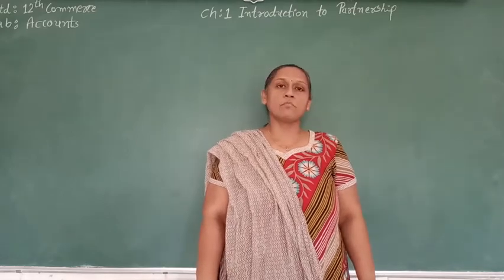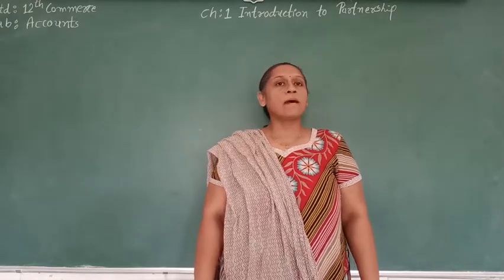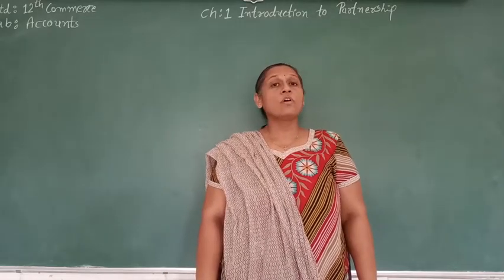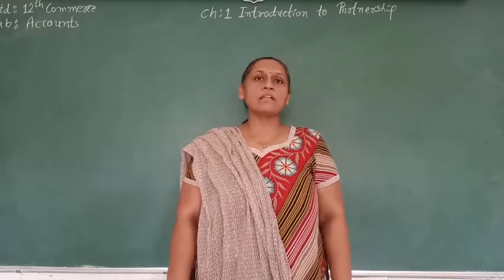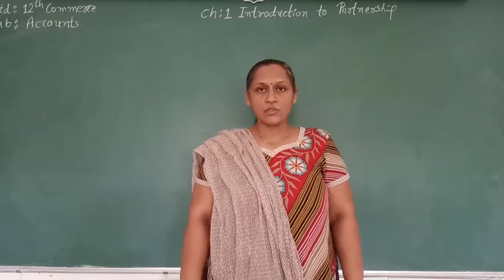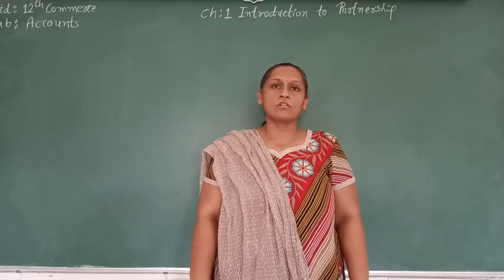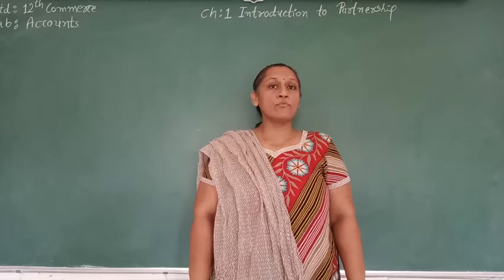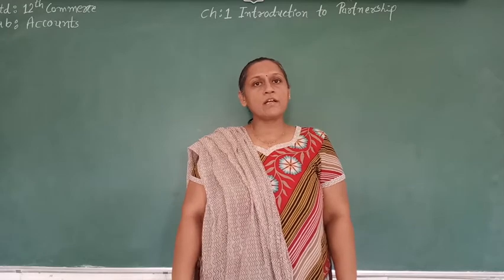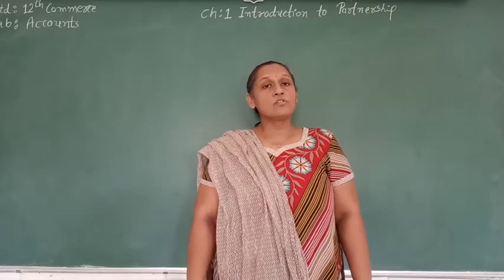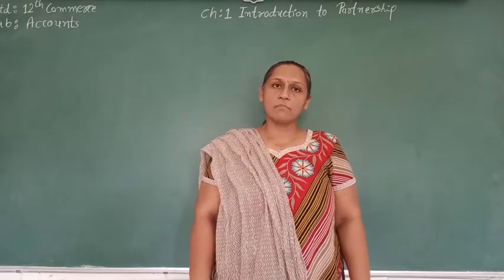Today we are going to see chapter number 1, that is introduction of partnership. Today we are going to see partners current as well as capital account. So in our last sum we have seen where the partner is following fluctuating capital account method, and when there is a fluctuating capital account method we are preparing only one account, that is called partners capital account. But when the partner is following fixed capital account method, there we have to prepare two accounts, which is partners capital account as well as partner current account. So today we are going to understand the concept of fixed capital account with the illustration number 13.